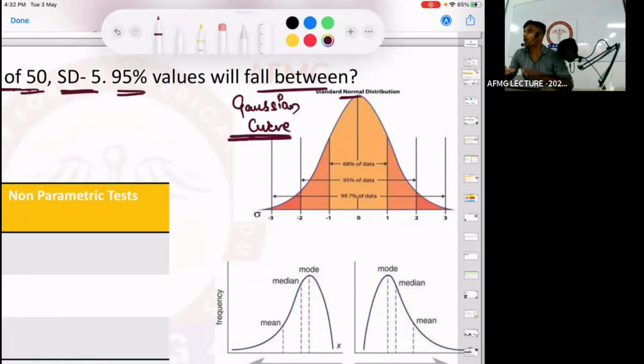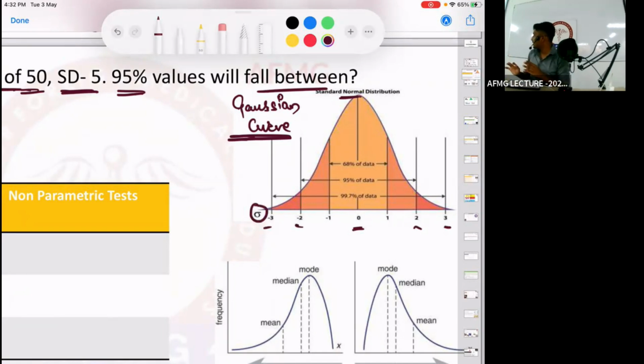Important thing about the normal distribution or Gaussian curve, इसमें क्या होता है? All the values will be equally distributed on either side. 50 values on this side, 50 values on this side of the zero, right? So out of 100, equal distribution on both sides is seen, and that is a normal distribution, also known as your Gaussian curve. The middle line would be 0. Then we have -1 and +1 standard deviation, then -2 and +2, and -3 and +3. As I told you, standard deviation is represented by sigma. No issues with this, anybody?